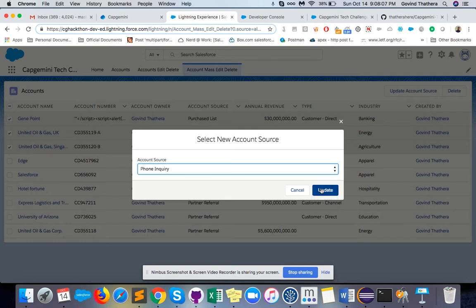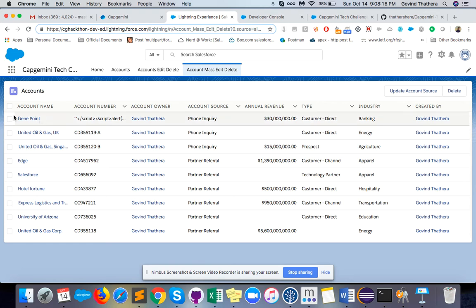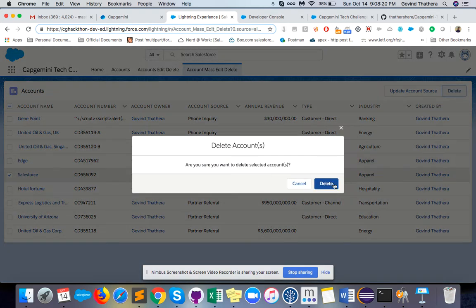If I select partner phone inquiry and click on update, you see the recently modified records now have phone inquiry, phone inquiry, phone inquiry. And the same way I can delete the records. If I select Salesforce and try to delete this record, again the same confirmation message is here. And if I click on delete the record,